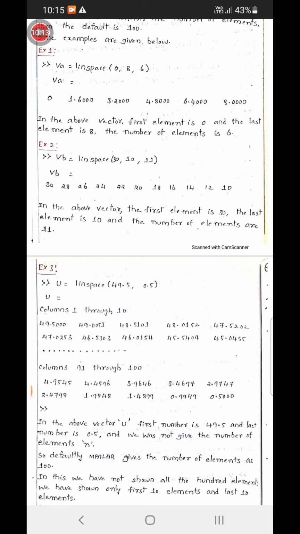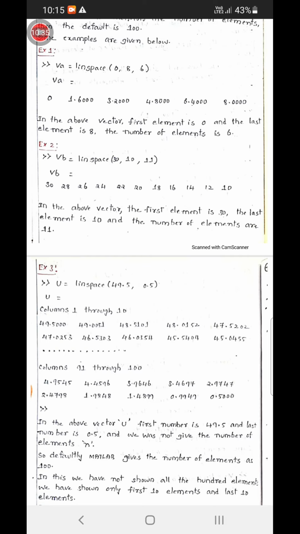Those two values we have written. Here 49.5 is the first term, and 0.5 is the last term or last value. So here we have not mentioned the number of elements.